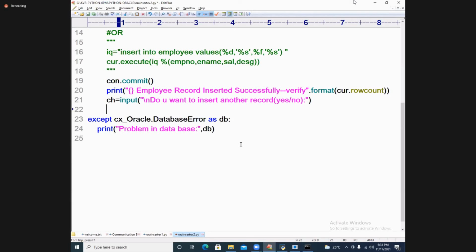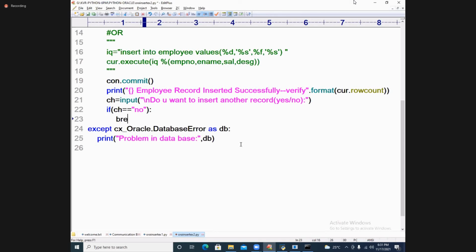Yes or no? If ch double equal to s. If you want to say no, I say no. Once you say no, what should I do? Break, or sys.exit.